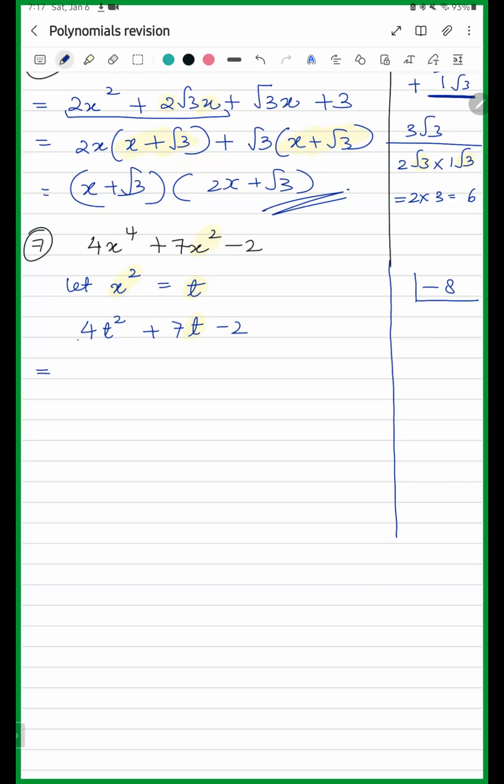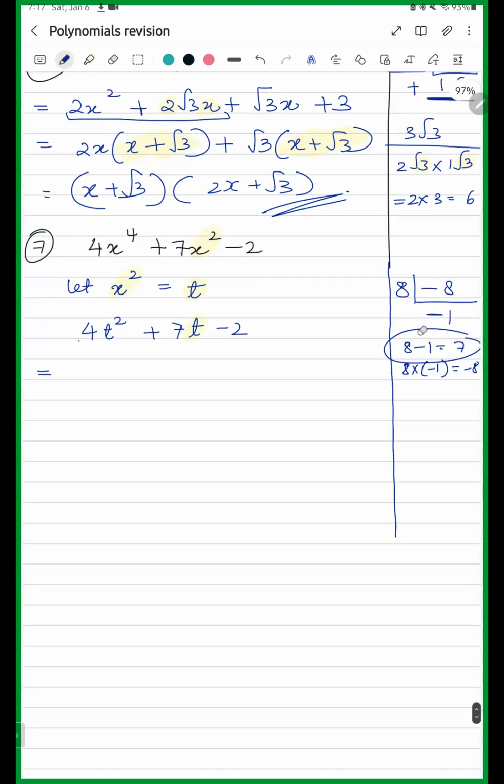Okay, 8 ones are 8, right? 8 minus 1 is 7, and 8 into minus 1 is minus 8. So 8 and minus 1. So 4t square plus 8t minus 1t minus 2 is equal to,